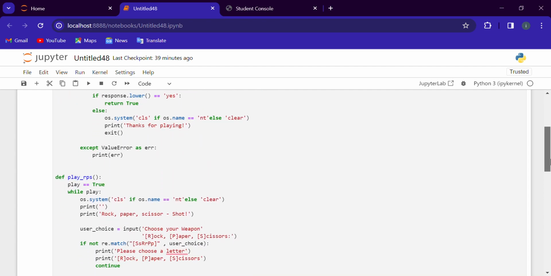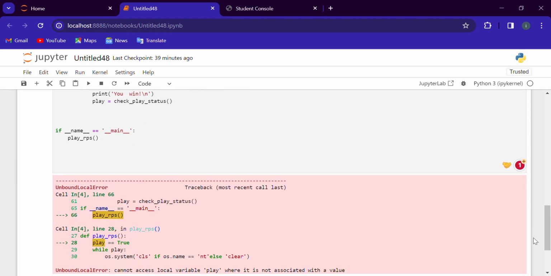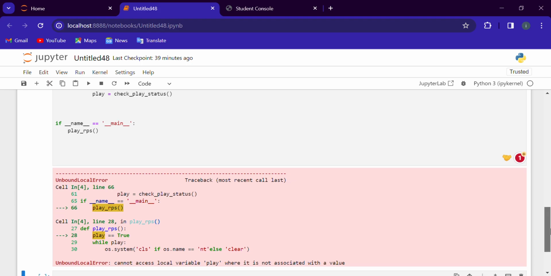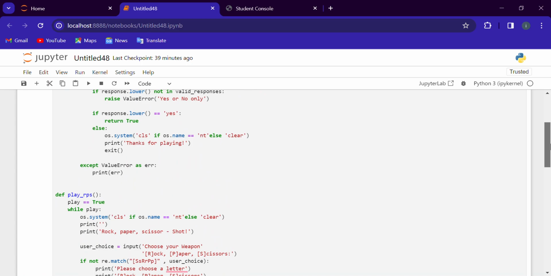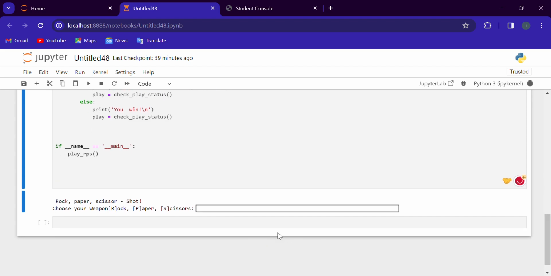While play is equals to true, they are saying that okay, we don't have to do this. Okay, now they are saying that